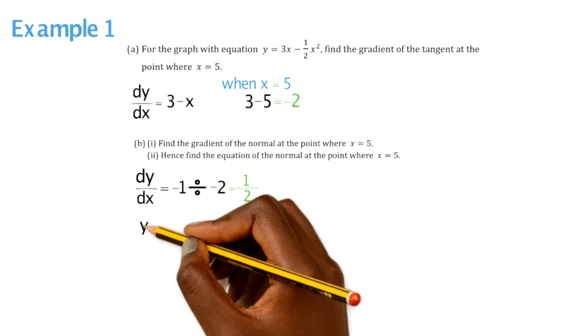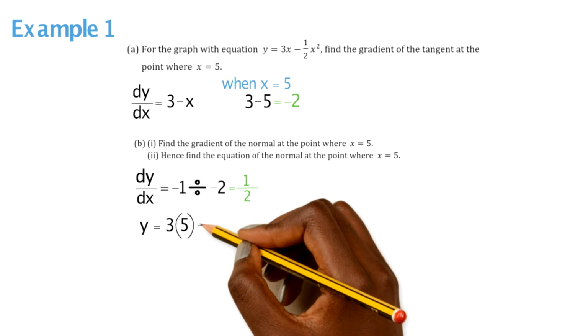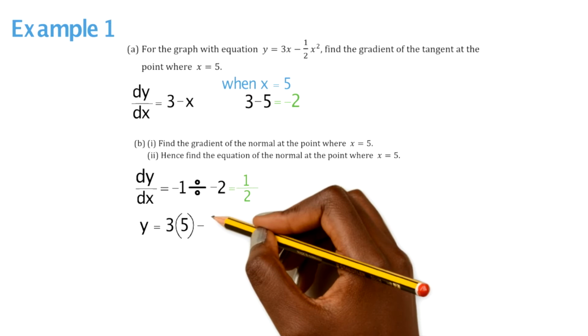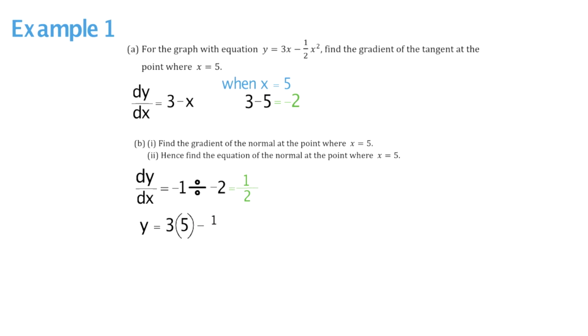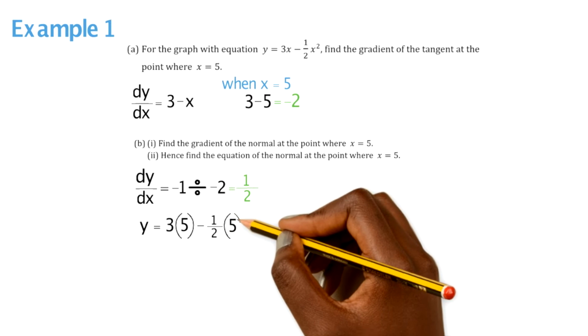Part 2 now says find the equation of the normal. So the first thing you're going to do is work out the actual y value for when x is equal to 5. So you're going to substitute x is equal to 5 into the initial equation at the beginning. So then that's going to be y is equal to 3 times 5 minus a half multiplied by 5 squared. And basically, if you were to put this in your calculator, or if you were to manually work this out,